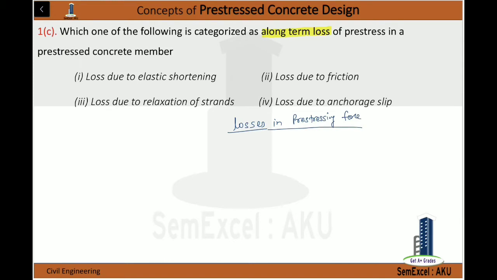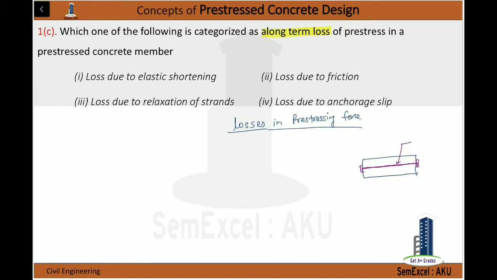Means what? Means if we have a beam and we have given a pre-stressing cable and we have provided anchors at the ends, and we have measured the value of tensile stress, means pre-stress value, in this cable,